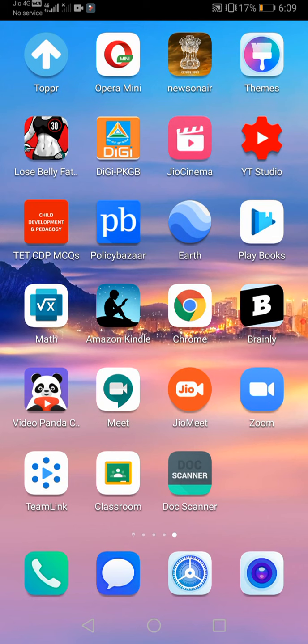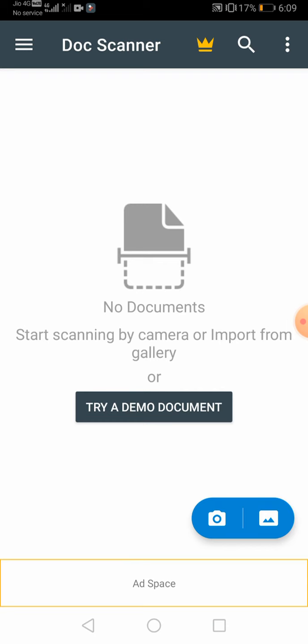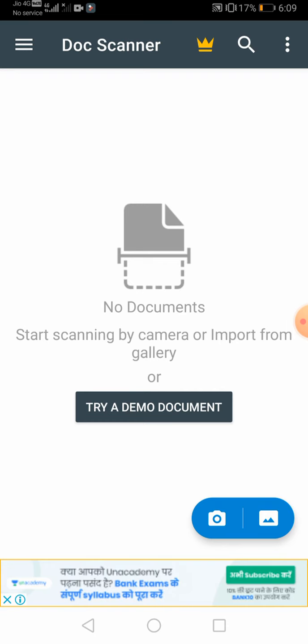So now students, you need to download one more Android application, Doc Scanner. It is appearing beside the classroom. This is an application to convert images into PDF. The link will be given to you in the WhatsApp group. Now I'm going to open this one. It is similar to Cam Scanner, but that is a Chinese app. It is removed from the Play Store. You can't find Cam Scanner. That's why this is the new application. Download this one. It is better than Cam Scanner. Now it is Doc Scanner.